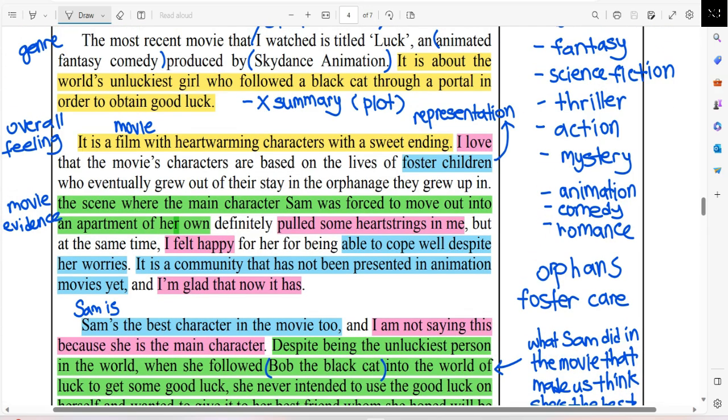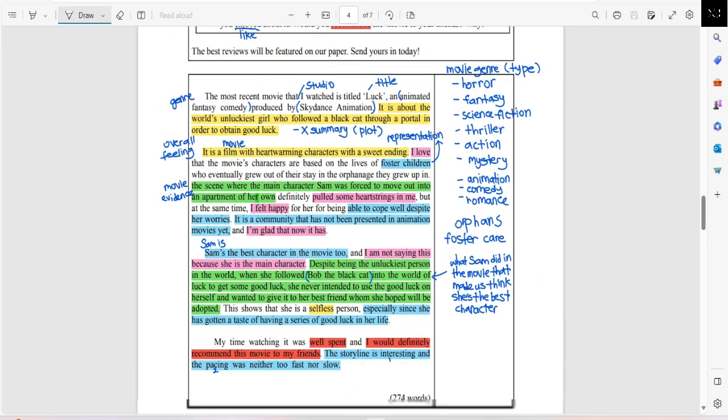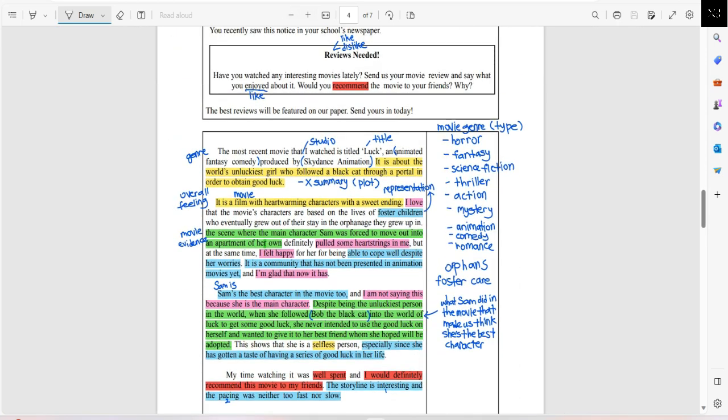All right, let me just zoom out and see how colorful this entire thing is. Wow, would you look at that? This is partially why I like to do an analysis of our essay writing, so we can see how colorful everything is. And you can see how much detail goes into writing an essay.